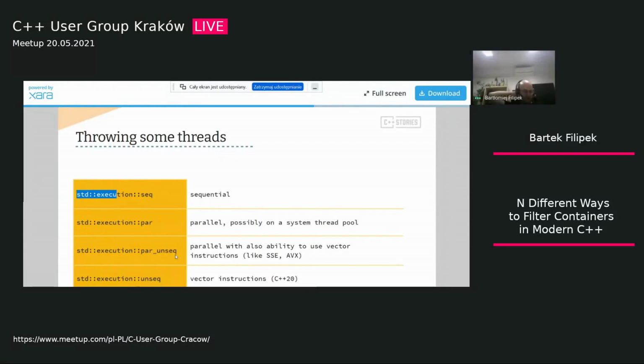And then we have unsequenced. So this is mostly using vector instructions like SSE or AVX, depending on the implementation and if that's possible. Those three were added in C++17, and in C++20 we have a new execution policy, unseq. So this is sequential, on a single thread, but with vector instructions if possible. That's something additional. So today I'd like to focus on the parallel execution,